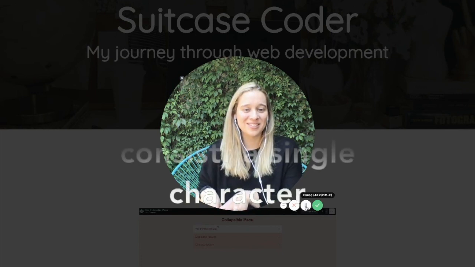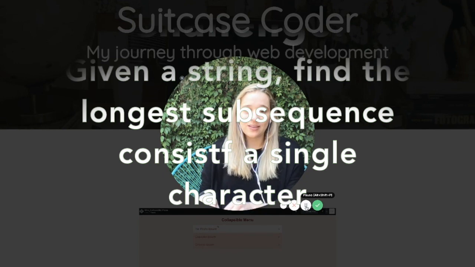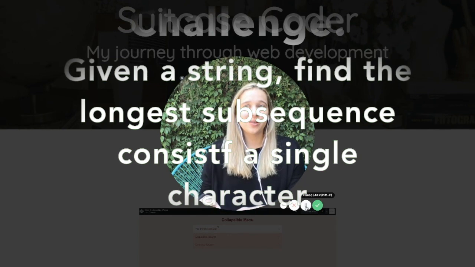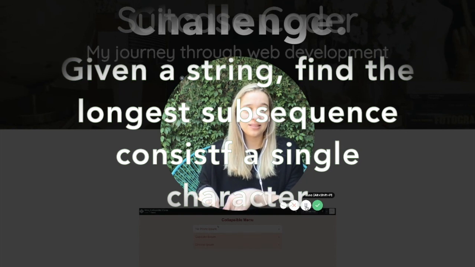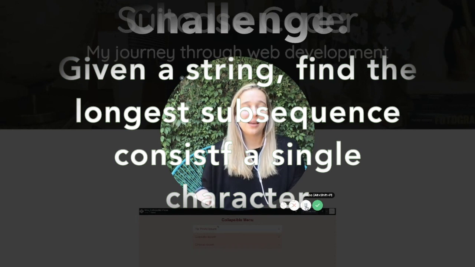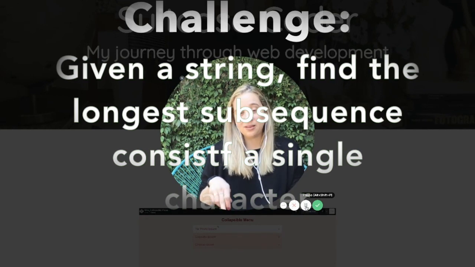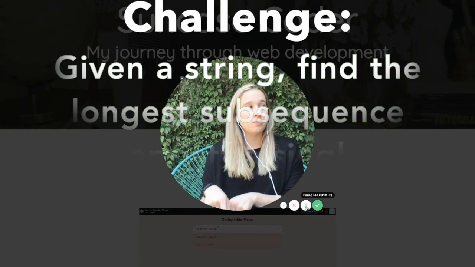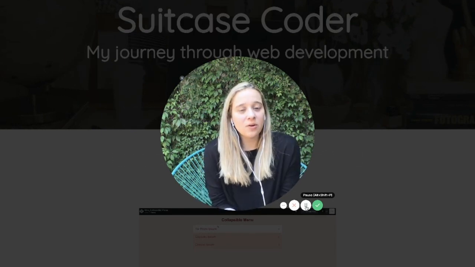The coding challenge this week, which is the same coding challenge I got in my interview yesterday, was: given a string, return the letter that appears most frequently consecutively. So as an example, let's say you have a string that's A, B, B, B, B, C, A, C, B. What you want to return is B, because the letter B appears most often repeatedly after each other. So yeah, that's my coding challenge.